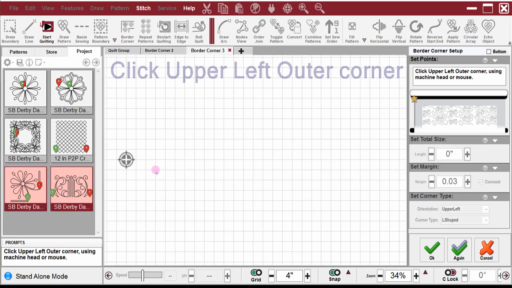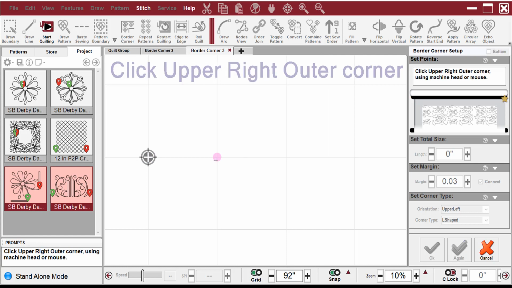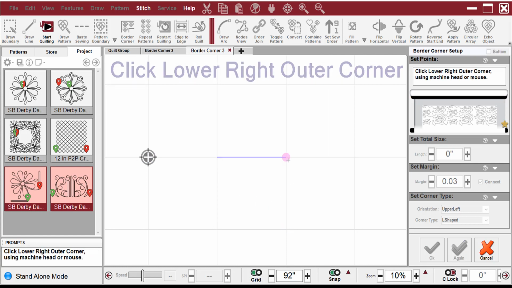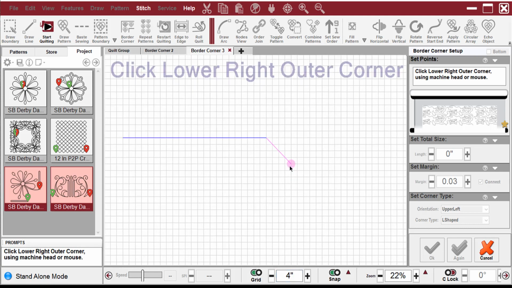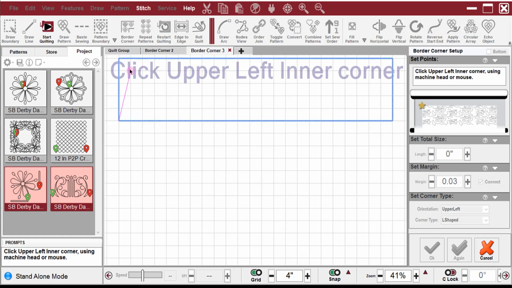Now you can change the grid on the fly, so I'm going to change the grid size to 92 inches so I don't have to count all those little squares. And then click upper left, upper right, change my grid size back to 4 inches, click my lower right and my lower left, then my upper left inner, upper right inner, again at the bellybar,